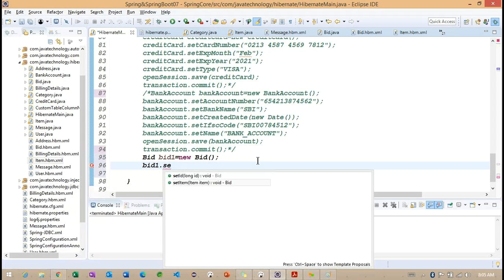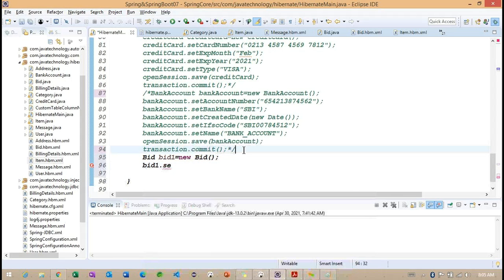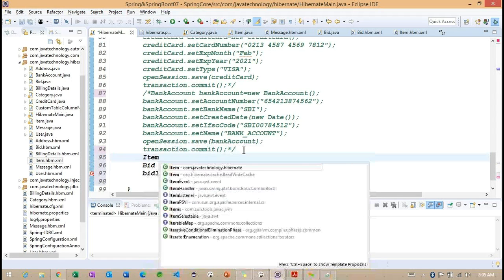As of now, we don't have any other records in that particular bit. So to understand, first we need to create one item, because the item will have only one.